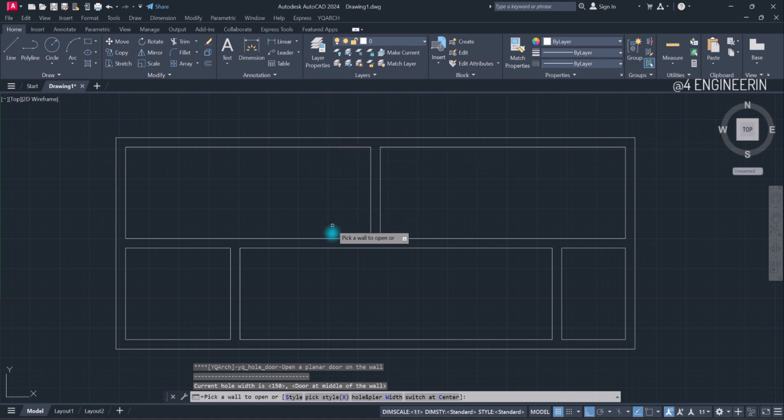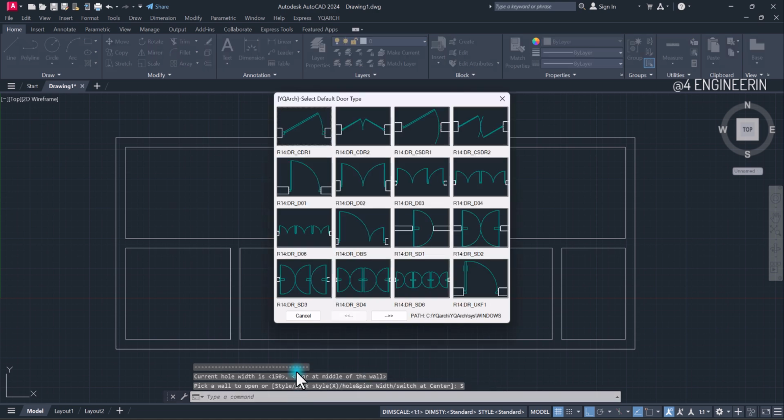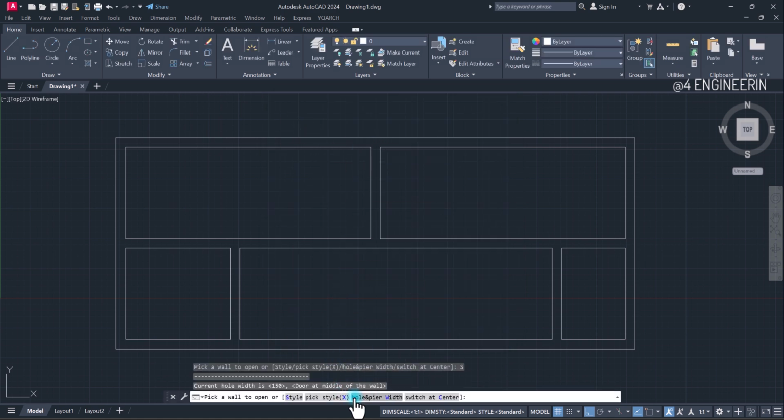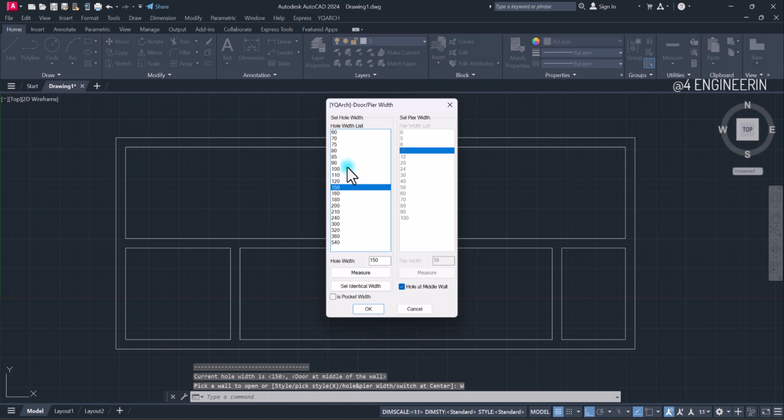Okay, after selecting this, from here you can choose the style, click it. Any style you want, you can choose it. For example, let's select this one. And from here, hold on pair with this. From here you can select the width of your door, any